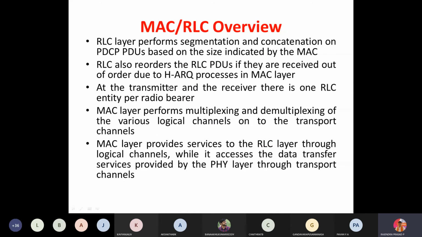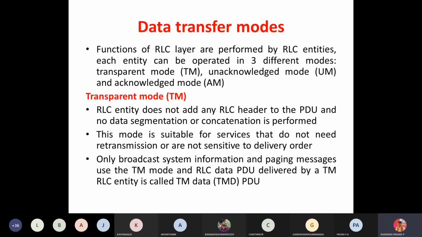So my program, my data, ciphertext, added sequence number, and I have transmitted. Now it is at the MAC layer, right? So this layer should understand what data I am transmitting, receive the data, and send an acknowledgement, unacknowledgement, or transmit in transparent mode. The transparent mode RLC entity does not add a header, does not segment, and does not do any concatenation.